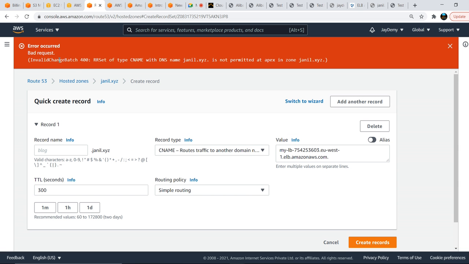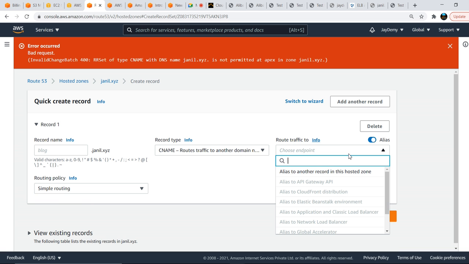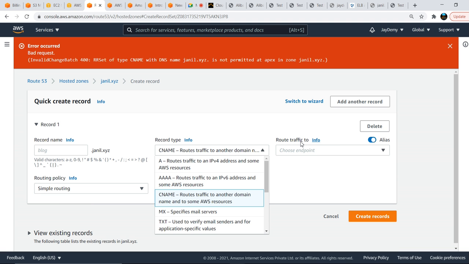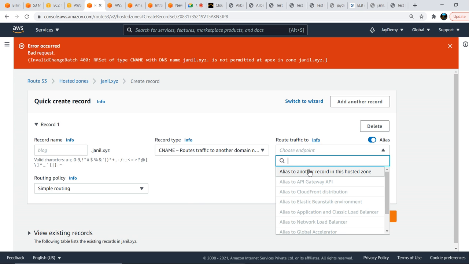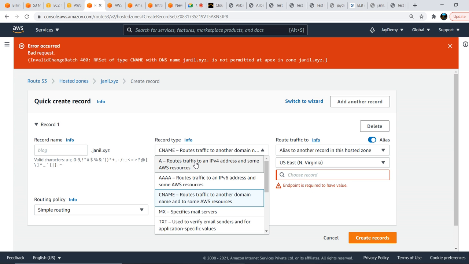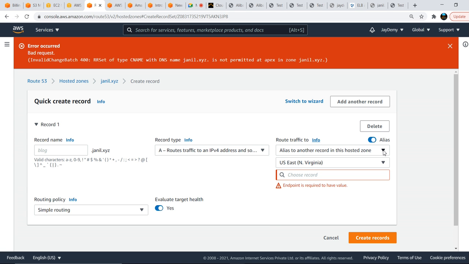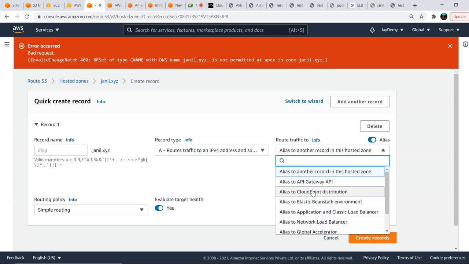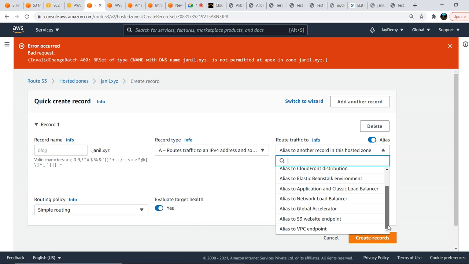Bad request, invalid change batch 400, record of type CNAME with DNS name is not permitted at apex in a zone. Then what we will do, it is not supported over there. Let us go here, is there any other, VPC endpoint, network load balancer?